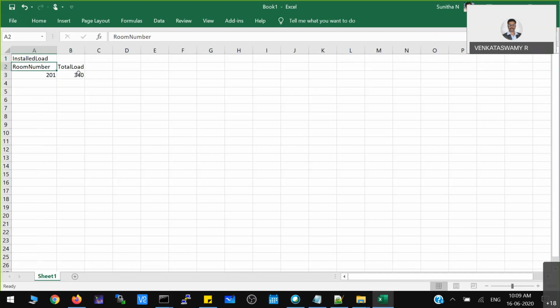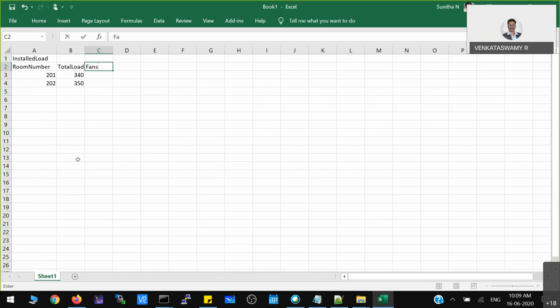I'm doing some inventory, going to each and every room, noting how many fans and how many lamps and other loads. I'm just accumulating all the values and recording them. So it looks like an RDBMS, but I'll try to create it using NoSQL. In this particular room, you may have 5 fans and 5 lamps. In that case, the installed capacity is say 350 watts. Like that, you can note down the reading.